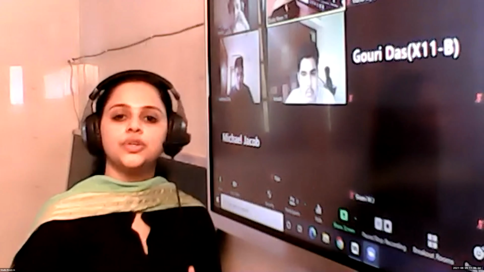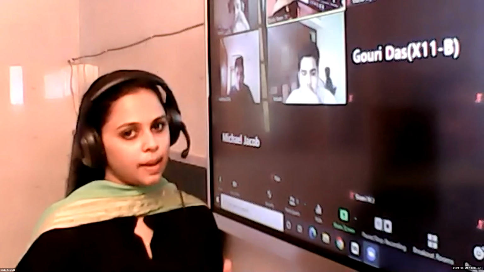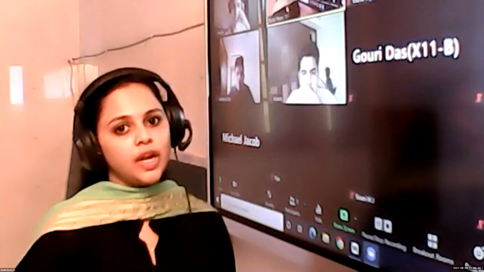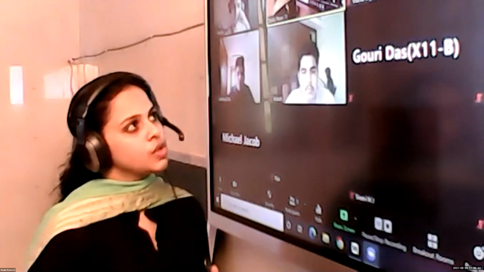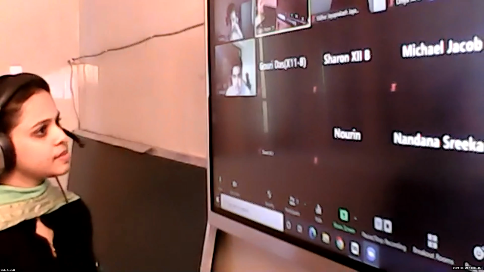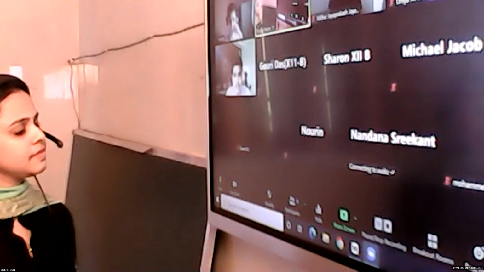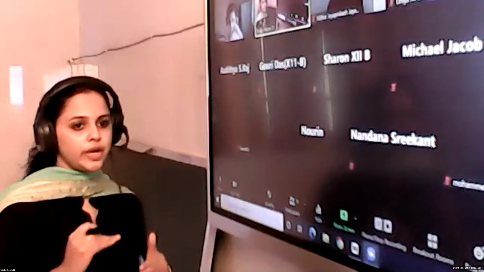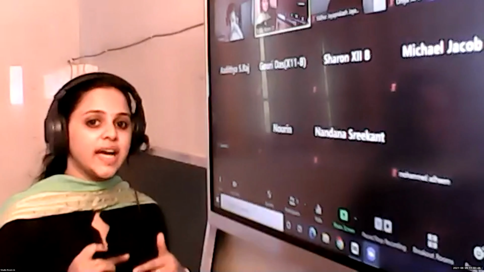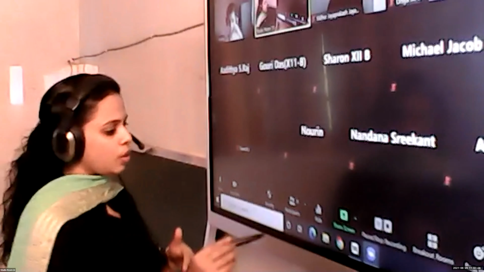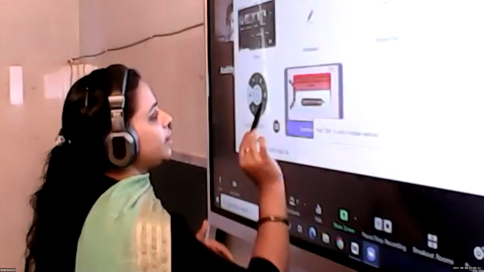conductor. So today we are going to discuss another application of this Ampere circuital law, that is the magnetic field due to a long solenoid. So before entering into the derivation, we can discuss what you mean by solenoid. Naurin, what do you mean by solenoid? Solenoid is a device which is formed when copper wire is wound tightly in the form of a cylinder. Yes, very good. So a solenoid is an insulated copper wire that is wound tightly in the form of a cylinder. So let us see the magnetic field due to this long solenoid.